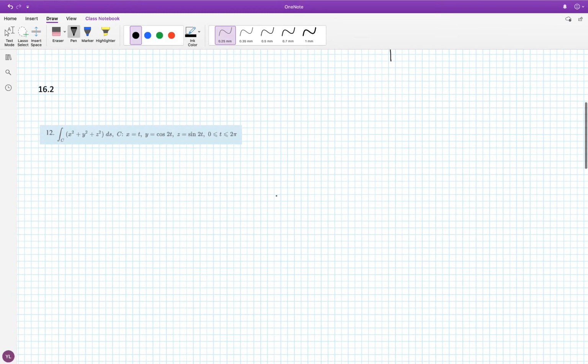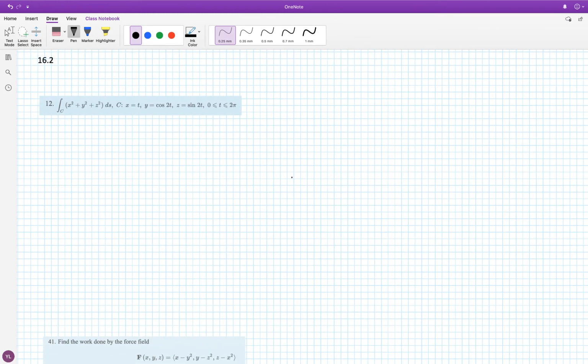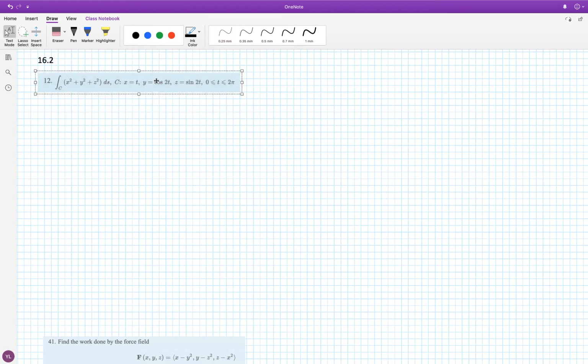Okay, in 16.2, we're computing line integrals. So I want to practice with this one here. They have parameterized a curve for me, but in general, they may describe a curve, and you have to parameterize it. Remember how to parameterize semicircles, circles, line segments, and so on. You may have to do that to set up the line integral. But they've given us a parameterization. You may recognize this curve as a helix, a part of a helix,